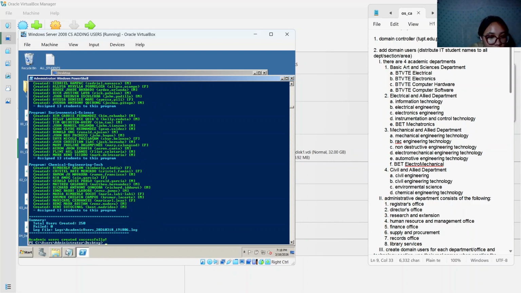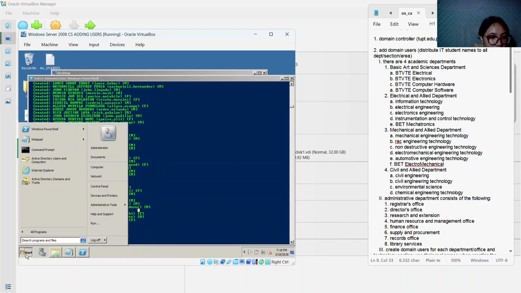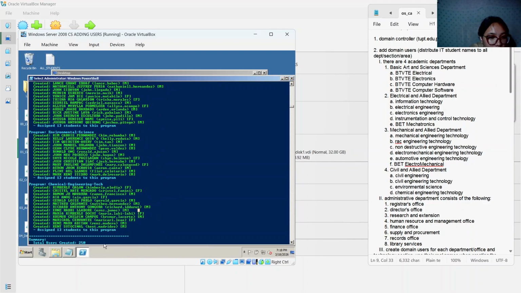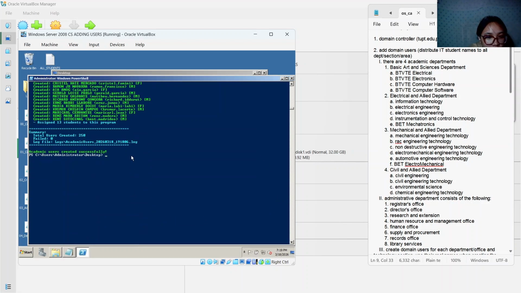So next, after adding 250 students and assigning them to each section, let's check later. Then we're going to add administrative users.